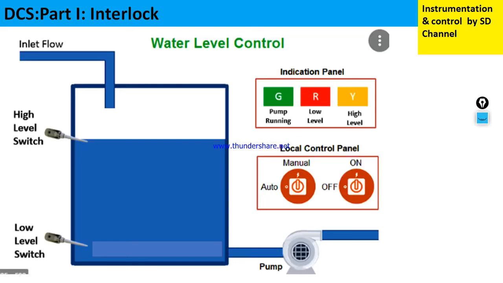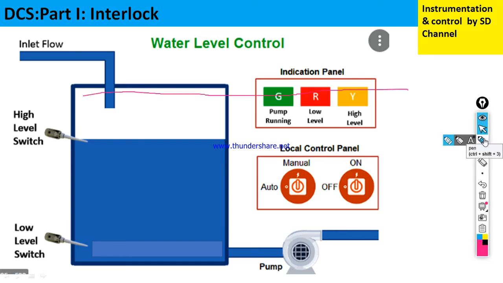And another important feature of this is that we can develop an interlock system in the DCS also. How? So now this is a level tank where high level switch and low level switch are there, and one pump is there. For example, imagine here one on-off valve is there, maybe a control valve also, an on-off valve is also there.